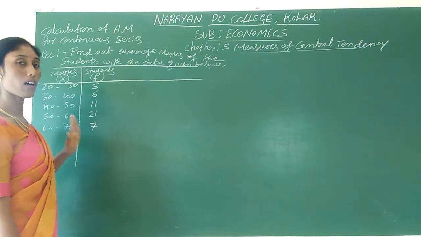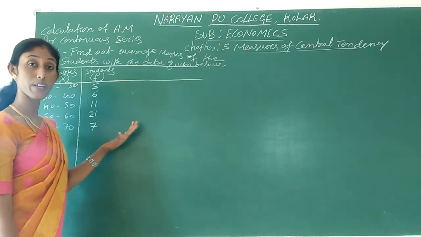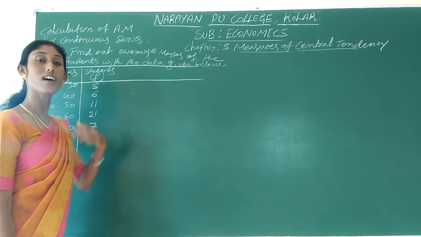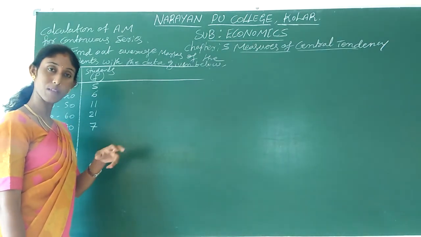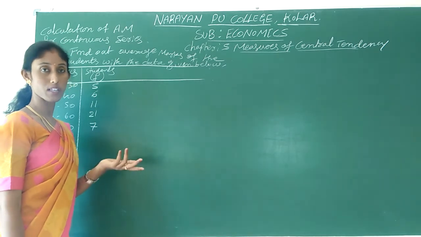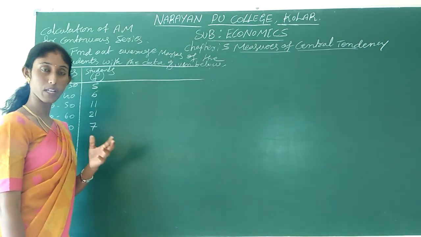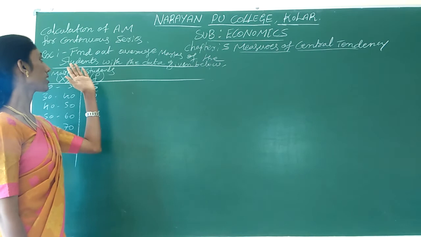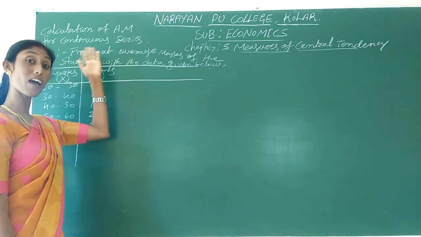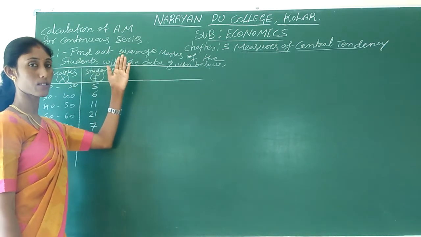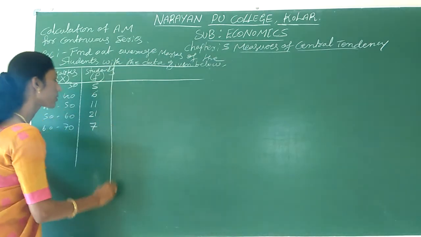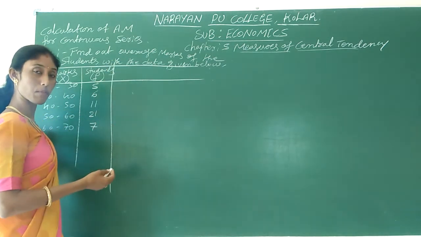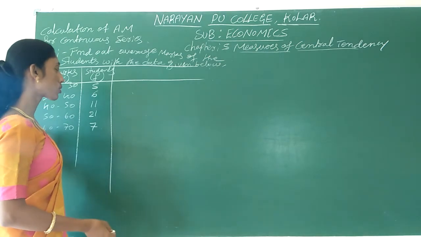By using this data, we need to find the average marks, which means the mean marks. Average means finding a single value. Arithmetic mean also means finding a single value. Both meanings are the same, so they can ask to find the arithmetic mean or the average. Now we are going to find the mean marks or average marks of the students.